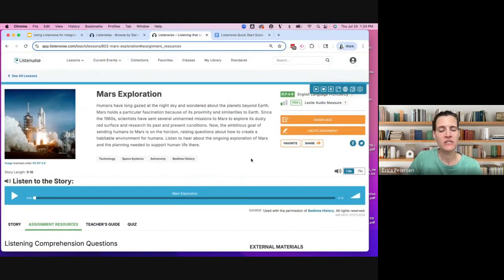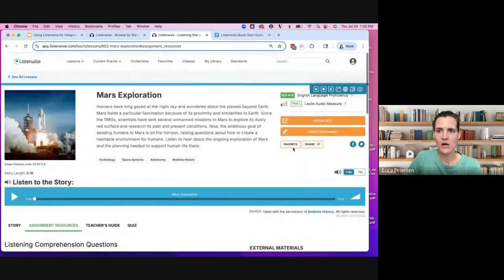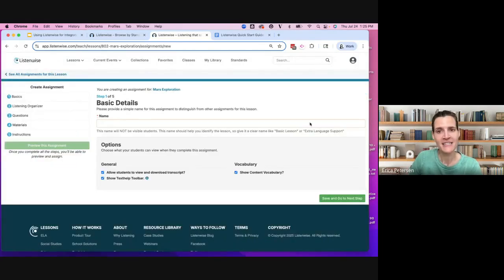Assignment options. Let's just touch on them. We'll talk about the quiz next, but I just want to focus on this create assignment option. So this is where you can pull in all of the materials on this tab. So go here if you want to do that. What's great is you can customize your assignment as much as you want. So you may make 3 different versions if you have 3 different levels or groups of students, but you do need to name it. So I'll call this scaffolds.